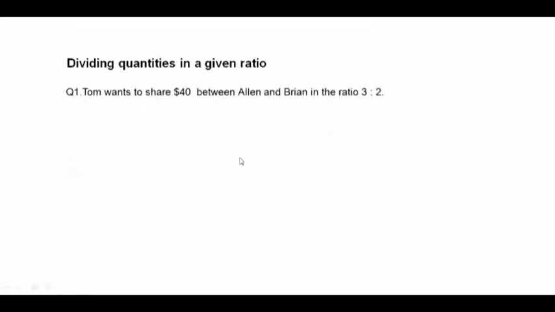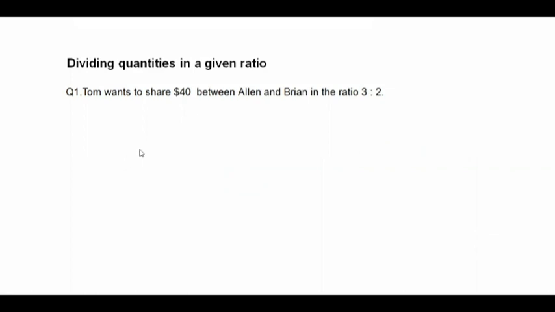So we now learn how to divide given quantities in given ratio. This is how we learn sharing, children. You must be sharing your tiffin with your friends. Suppose you have, say, 6 chocolates and you have to share among 3 friends equally, then you will get 2 each. Suppose you have to share some amount in different ratio.